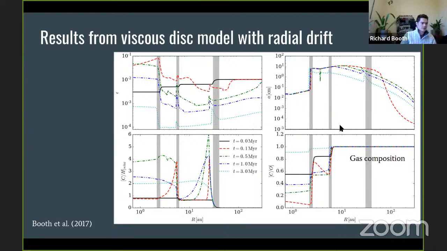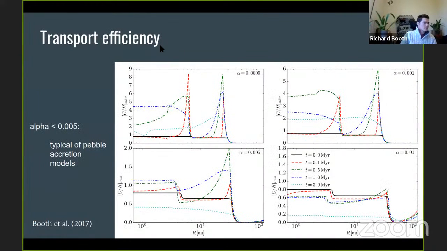But before that, I'll discuss how this kind of behavior is a bit sensitive to what we assume for the underlying disk distribution. Okay, so what I'm showing here is the C/H ratio for models with 4 different values of the turbulent alpha parameter. So the alpha parameter, you can think of it as a number which quantifies how strong the turbulence is in the disk. And turbulence does several things. It drives diffusion, it drives accretion through angular momentum transport,